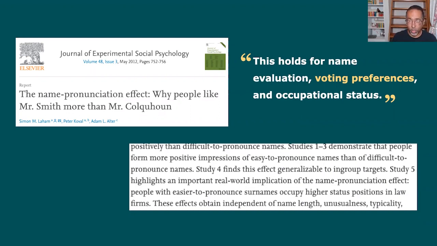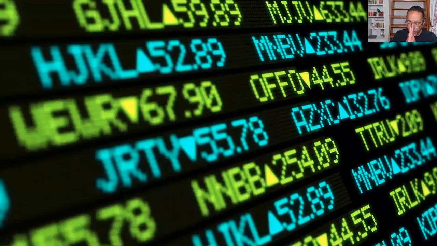They looked at law firms. And the higher up you went the rank in the law firms, the easier the names got to pronounce. This even extends to stocks, right? If you have an IPO and your stock is about to launch, go public, if the name of the stock is easier to pronounce, it tends to perform better. If even the little stock ticker abbreviation is easier to pronounce, it tends to perform better. So we will lay real money down on things that are easier to process.